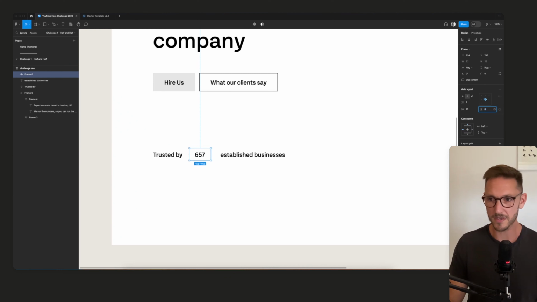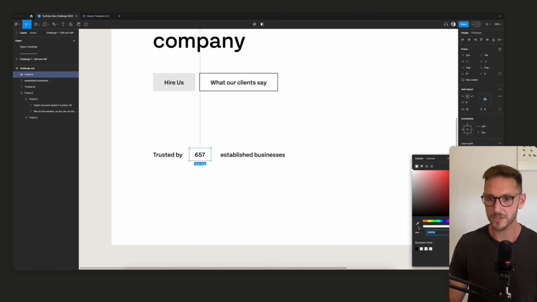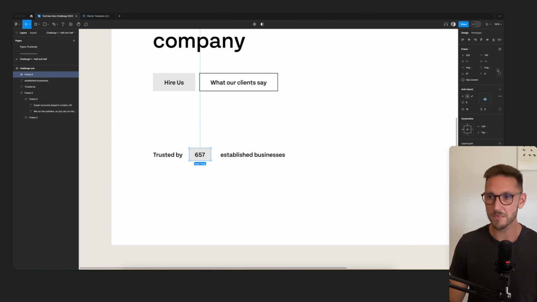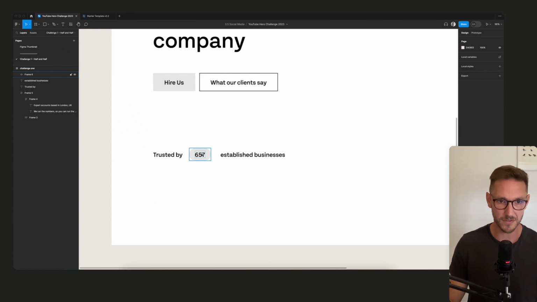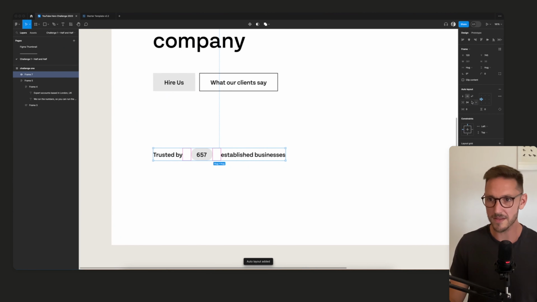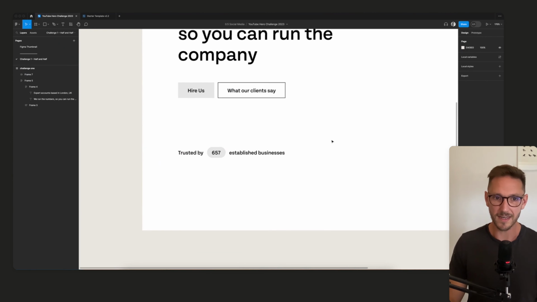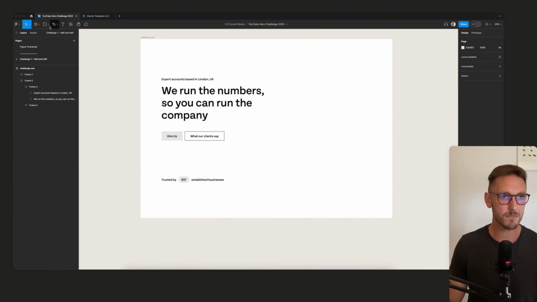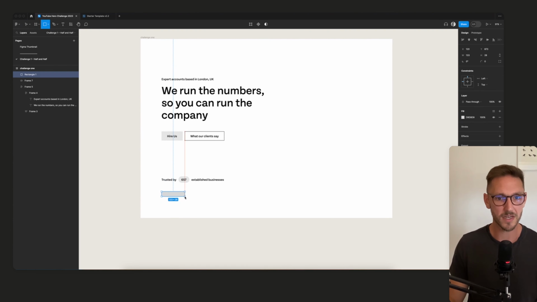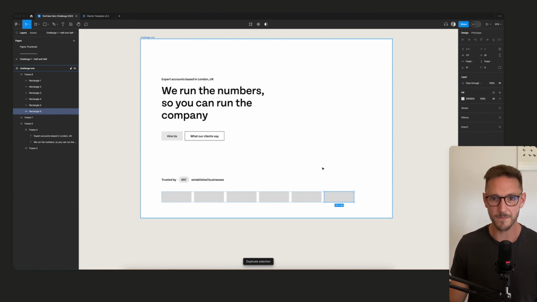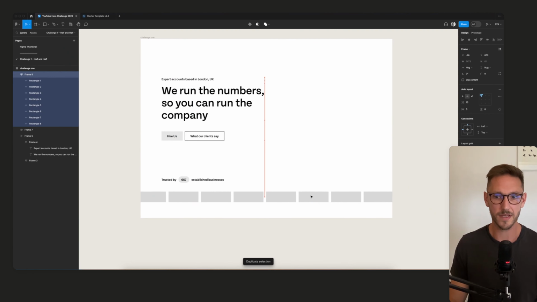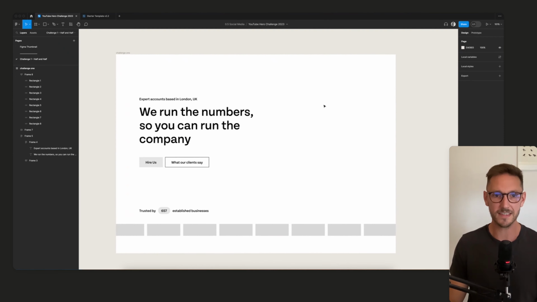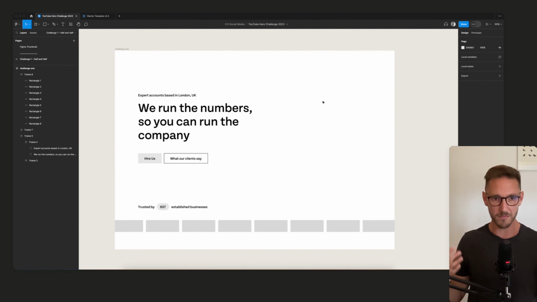And let's just do something like this. Let's give it a fill, just to differentiate it. Maybe we can make that number count up in the development as well. I'm just going to give it 1,000 or 100 rounded corners, just to make sure it's fully rounded. And then we can auto layout this bad boy like that, and maybe stick that down there. Maybe we can get some logos going across the bottom, trusted by loads of businesses. Lovely. Let's auto layout these. Nice. So immediately, this is a pretty good hierarchy for a page, right?